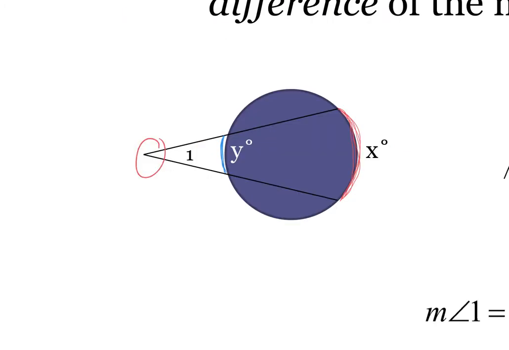All right, in this case, the bigger arc minus the smaller arc. So what I want you to write is the measure of angle 1 equals the big arc minus the small arc, all over 2. That's it. So the measure of angle 1